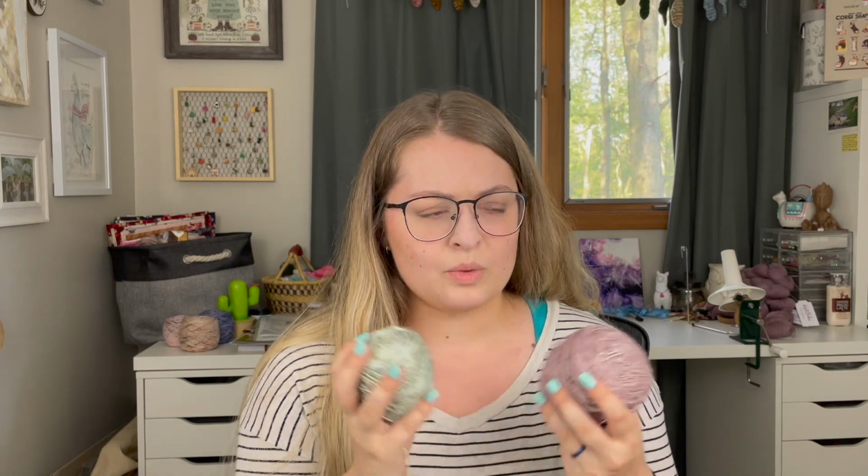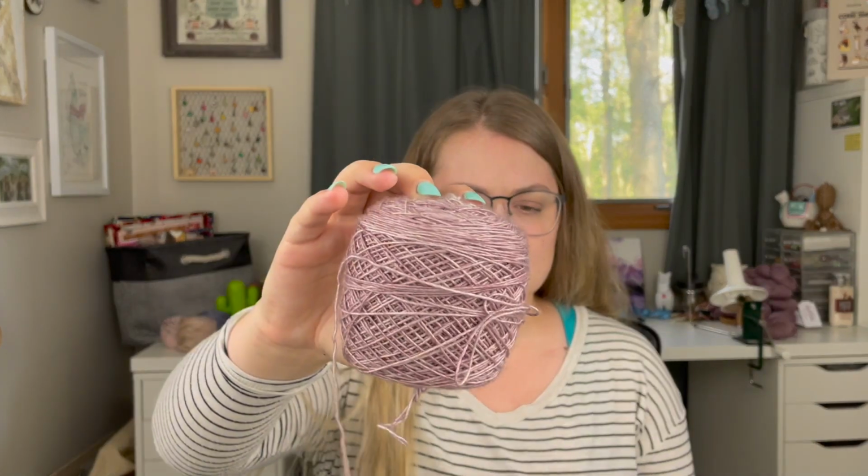Oh, this is, I don't know tons about this yarn. For some reason, when I purchased it as a kit for the What the Fade Mystery Knit Along from Andrea Mowry, and when I received it, none of the yarn had ball bands. So I have no idea what any of these are called. I have no idea what the exact base is. I do know it's from Farmer's Daughter Fibers, and I'm assuming